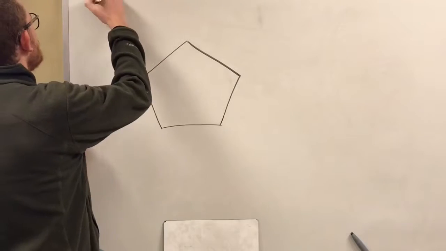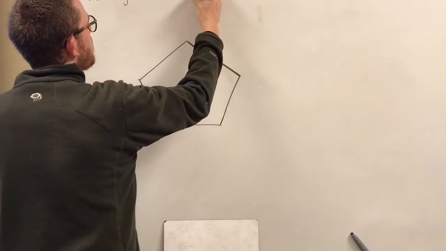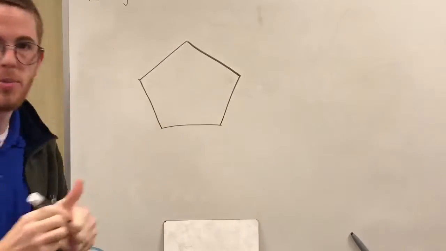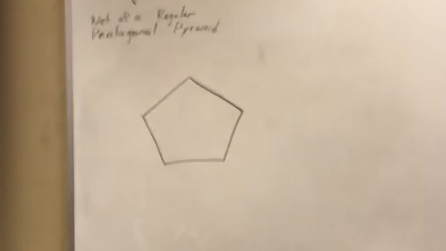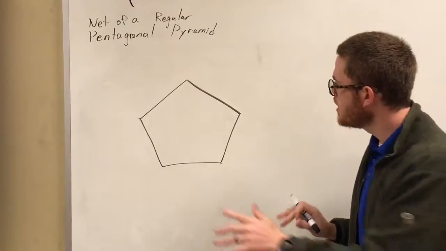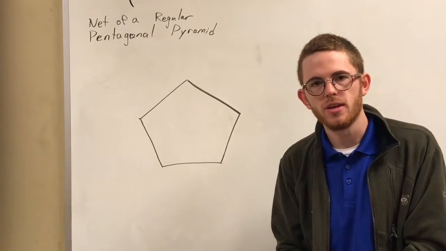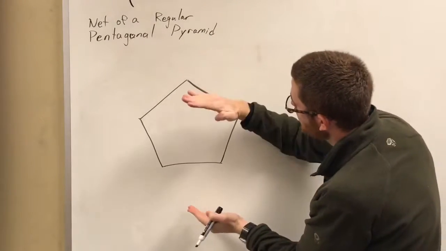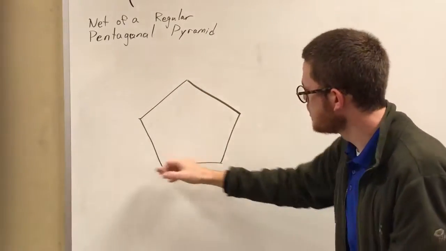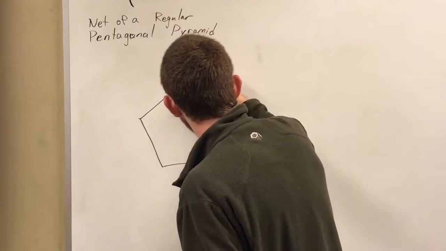Let's take a look for a second over here. If I want to draw a pentagonal pyramid, let's say the net of a regular pentagonal pyramid. Yeah, you couldn't see that, could you? There you go. I'm going to draw the net of a regular pentagonal pyramid. Well, a pyramid, if this is my pentagon, that is the base of my pyramid, and I know that I need all of the triangular faces to fold up and come to a point, and kind of imagine that. So each one of my sides of my pentagonal pyramid needs to have a triangle,